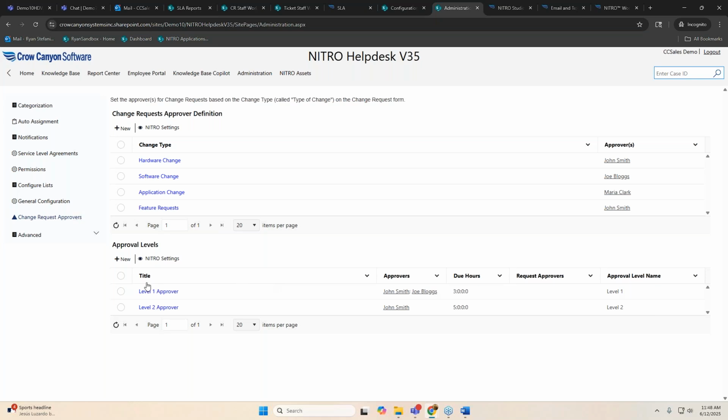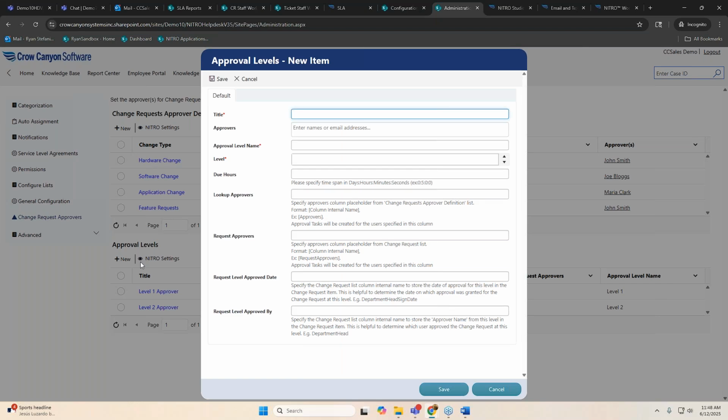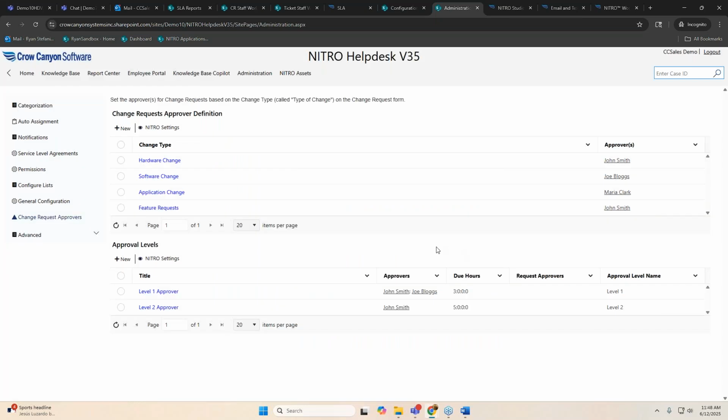And it can be based off of attributes in Active Directory, columns captured in the SharePoint form, right? Like managers, things like that. And it can follow a multi-step level approval process. And the nice thing about this is that it also gives you a bit of flexibility in terms of how